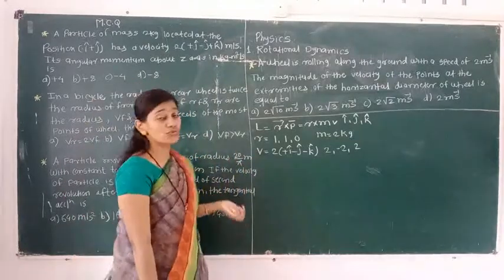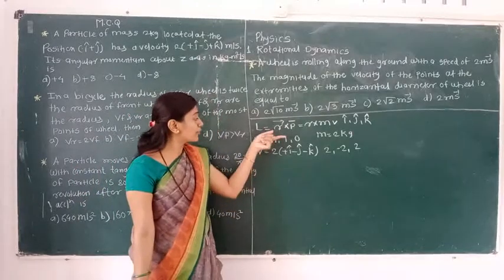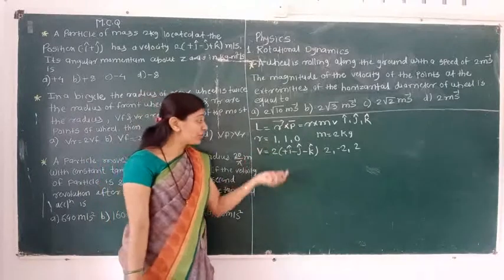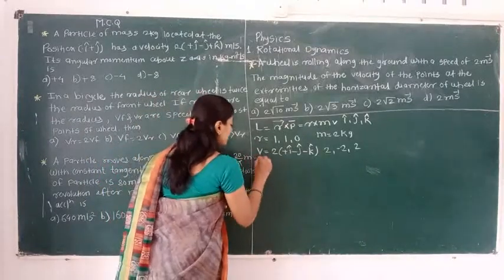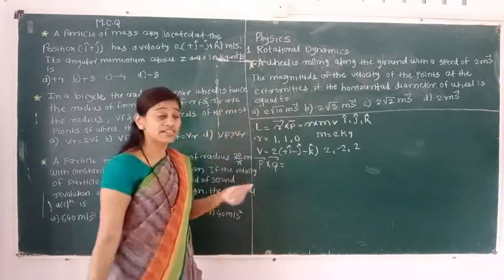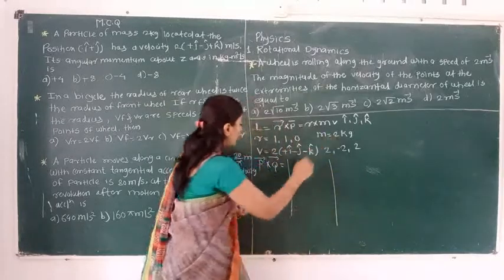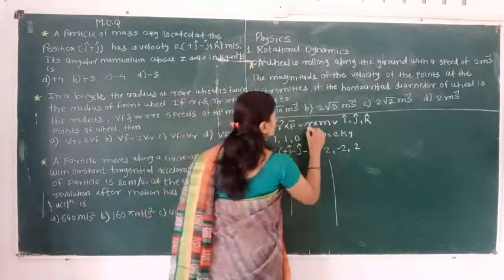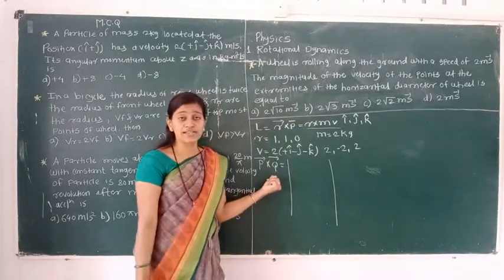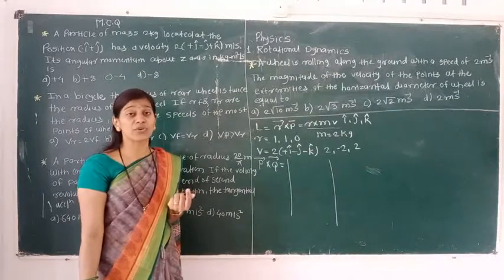So here we have to find out the angular momentum. Angular momentum is nothing but the product of r and p. They both are vector quantities. We already learned in 11th standard that the cross product of p and q we can write in the form of a determinant. We first of all revise that, and then we find the value of L using this formula. Here p is one of the vectors and q is the other vector. We learned the rules for the vector product.